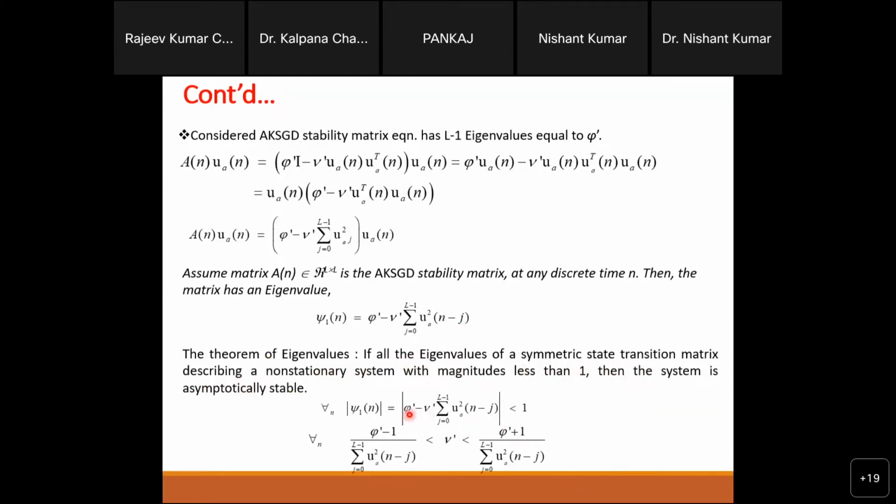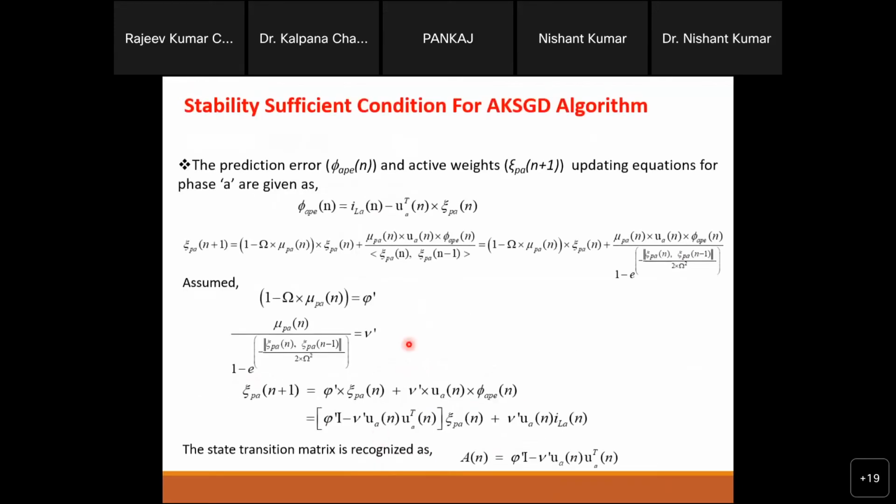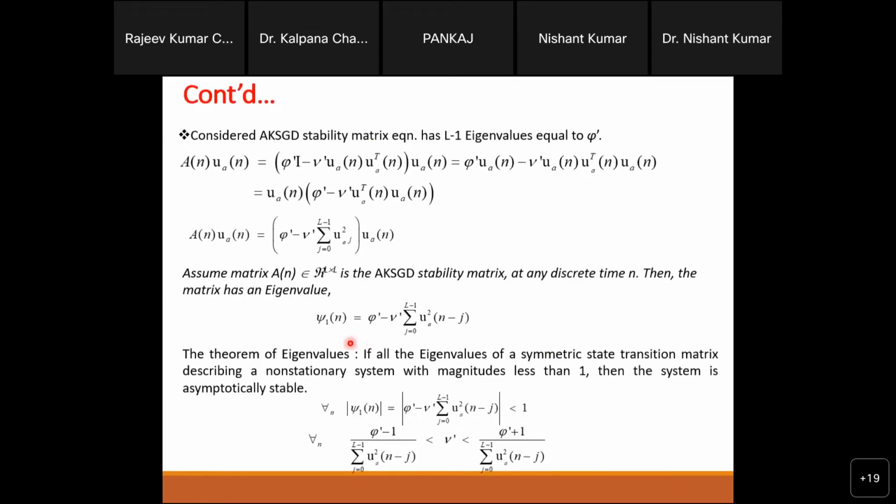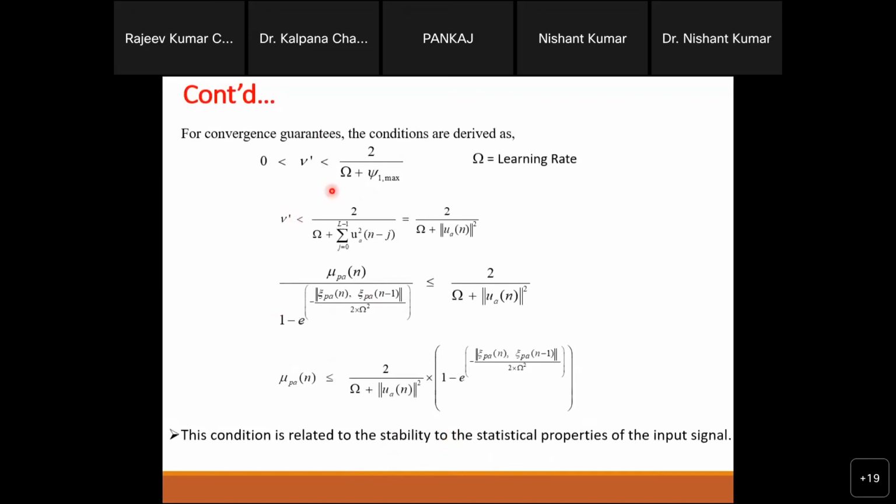So first of all we will try to find that eigenvalue, and then we will intentionally put it less than 1. So if you do that, then you will see that here are our constants, right? No, these are not constants. These are the two factors which we have assumed here, phi dash and nu dash. And now we will put phi dash and nu dash again in the last equation. If you put those things here and then reformat, then finally you will find this relationship. In this relationship, omega is the learning factor.